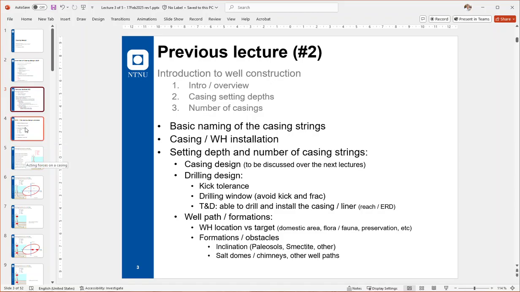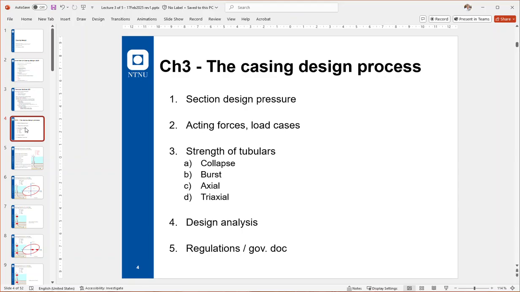So that's basically direct or indirect, what we talked about in the previous lecture. We will now embark on the essence of the 6 lectures that I will give in this class, TPG 4242 at the NTNU. This is chapter 3 of the lectures, or to say it, we will do section design pressure in this lecture,